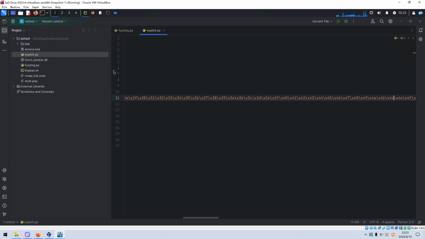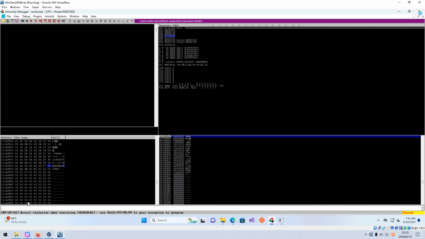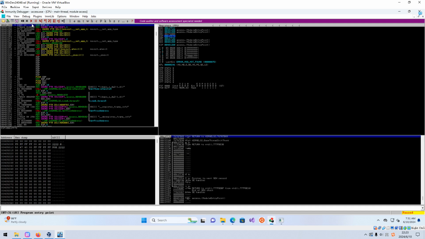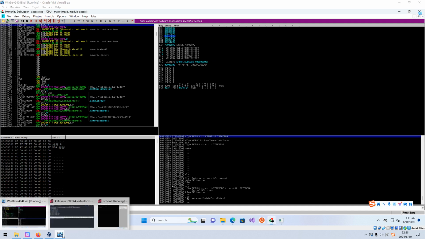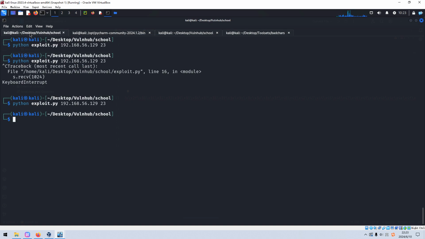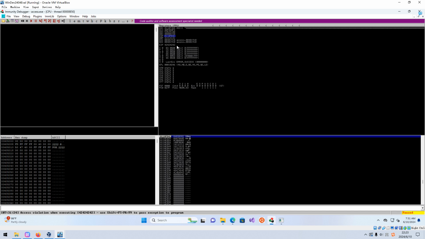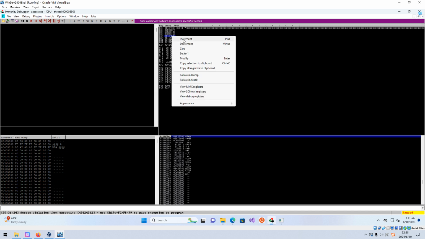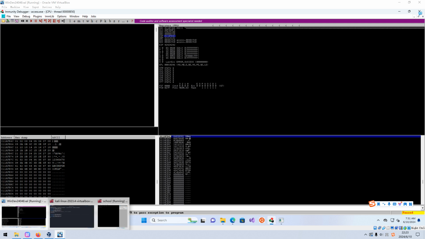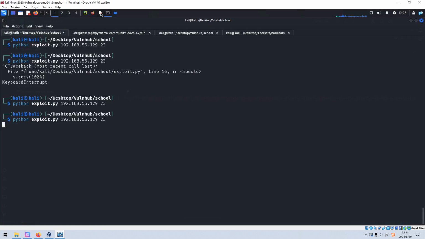Okay, save. And now we can restart the process and run it. Then we run this Python exploit, and then we can follow in dump. So for the next one, 4F also I think is a bad character, right?